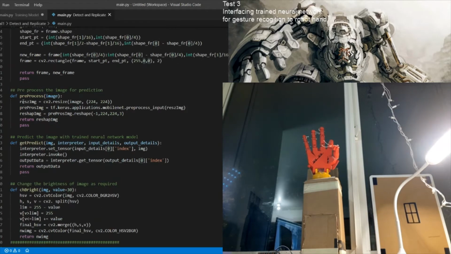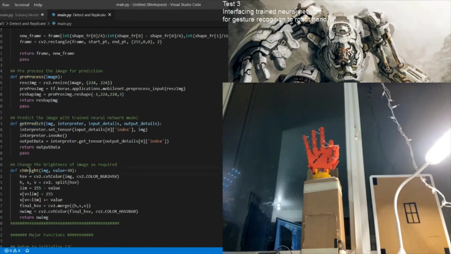The preprocess function, as I said previously, is needed because before passing an image to the neural net model for training or prediction, it requires to be preprocessed. We use the same preprocessing function as used for training. Predict: here we pass the image and the model details and get the predicted data. Change brightness.